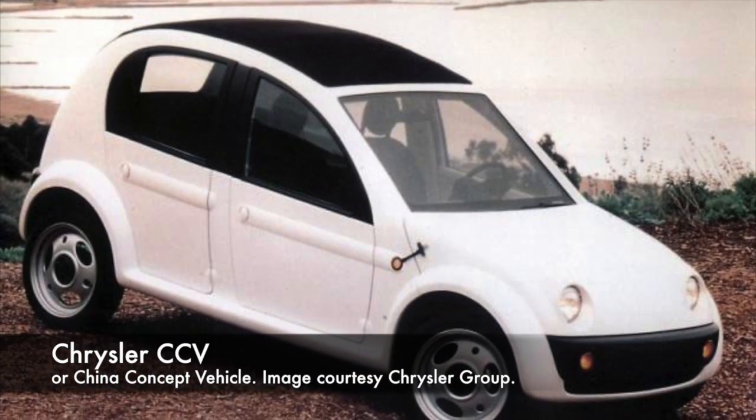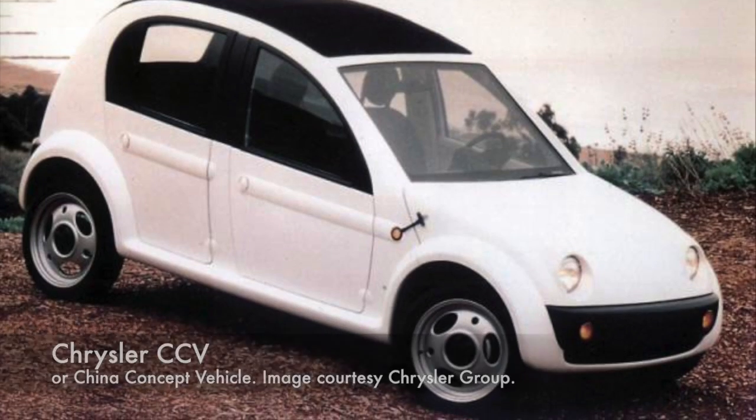When it comes, I suspect it will come from thermoplastics, not composites or HSS. Chrysler once developed a very interesting prototype called the CCV, or China Concept Vehicle, and the result was very impressive. The vehicle featured injection molded bodies that assembled like a kid's plastic model kit. I once examined one up close, and I agreed with many of the journalists present at the time that the car was highly marketable. Now, at that time, Chrysler didn't have the resources to take a risk on that scale,